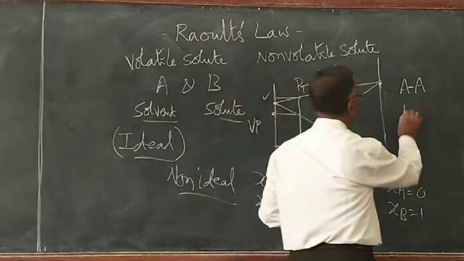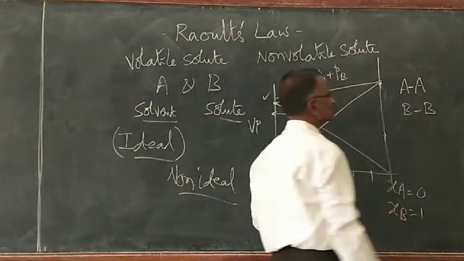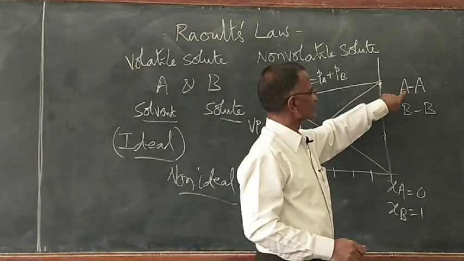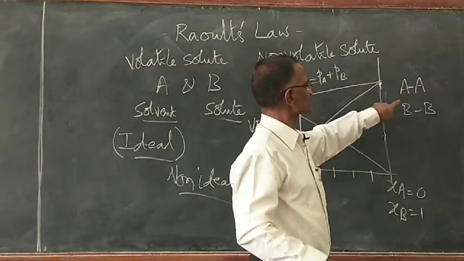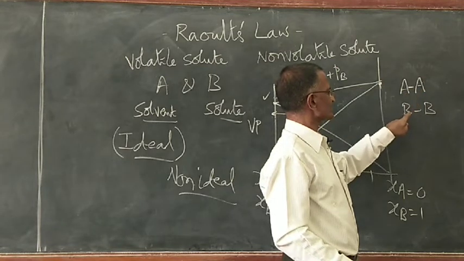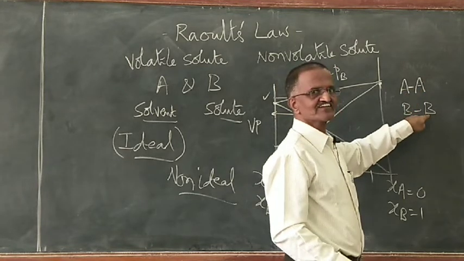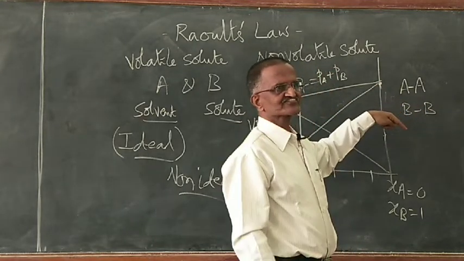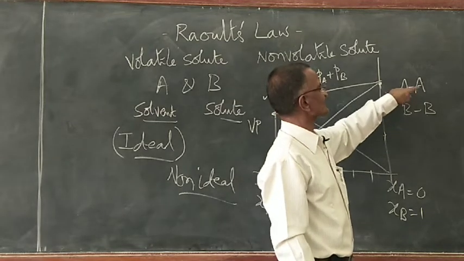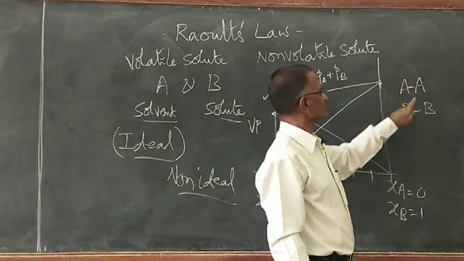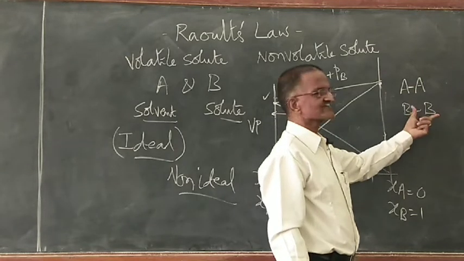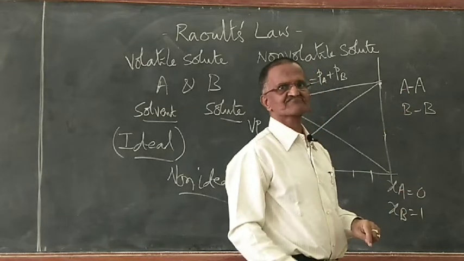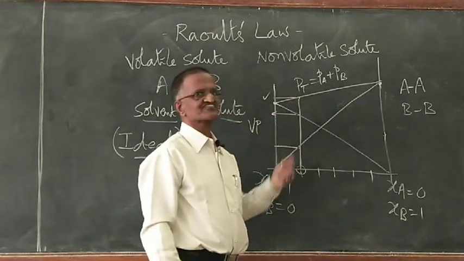When I have B alone, between particles of B alone, there are some interactions. Now when I have a mixture, how much is the attractive force present between A and A particles, and between B and B? When I have a mixture of A and B, if the amount of attractive or repulsive forces is the same as what it had with A alone, and the forces between B and B, and between B and A also remain the same, then I will get an ideal situation.